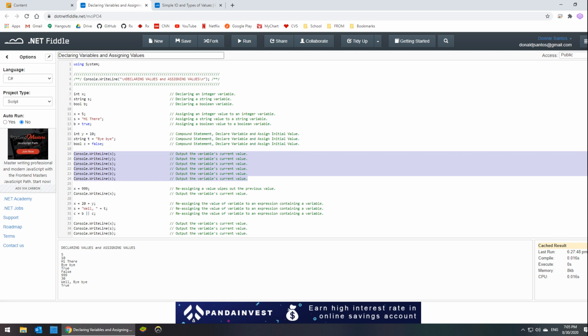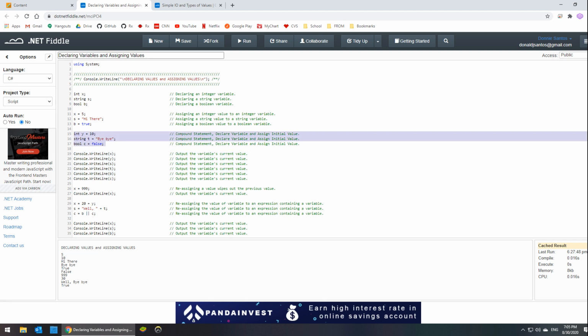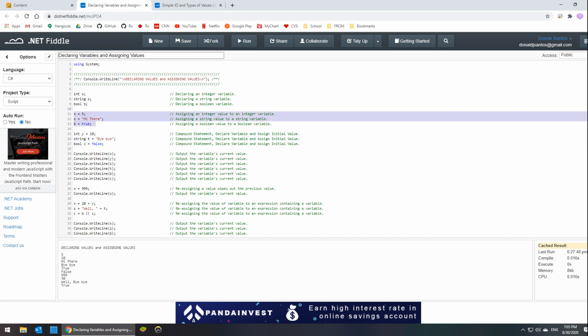So the x, the s, and the b were just one way of assigning values to a variable, and then y, t, and c were just compound statements doing the same thing. So no surprise here when we see 5, 10, hi there, the first three, and we see 10. Let's see, it should be